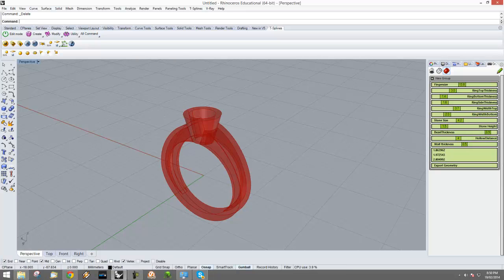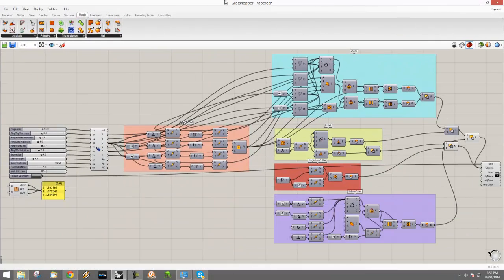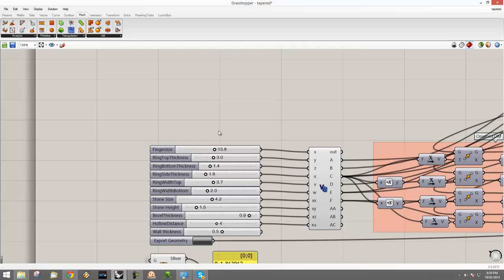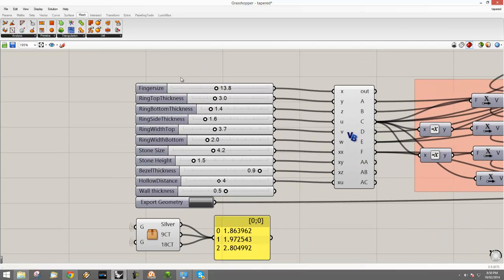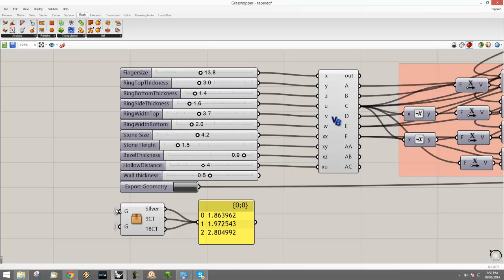So what I'm going to do is pull the Grasshopper window for this over to there and full screen that and just walk you through what's happened. Okay, so we start with all the sliders that we set up. Just a note about what we're looking at: if you see these little squiggly guys over there, it just means that I've hidden some lines